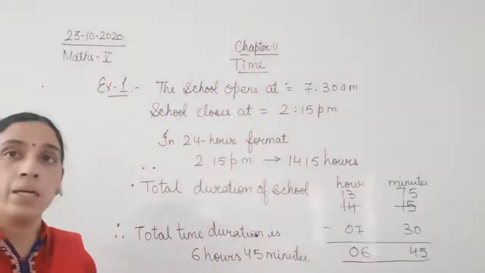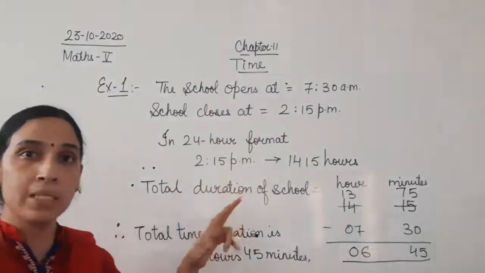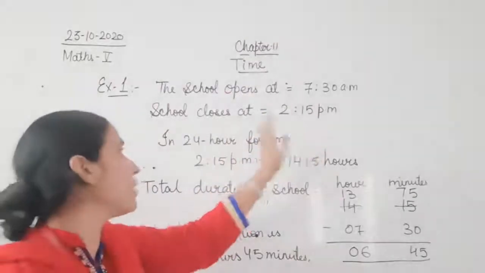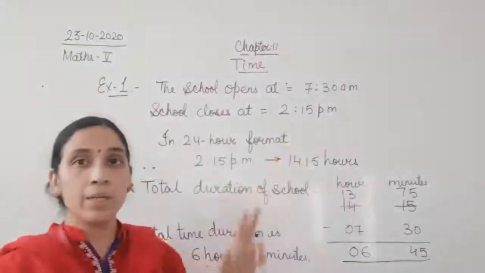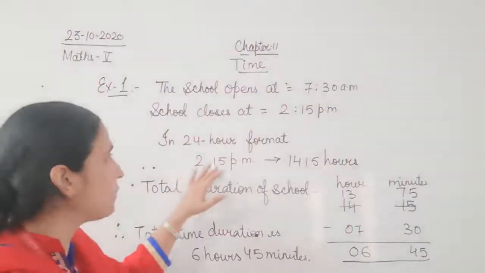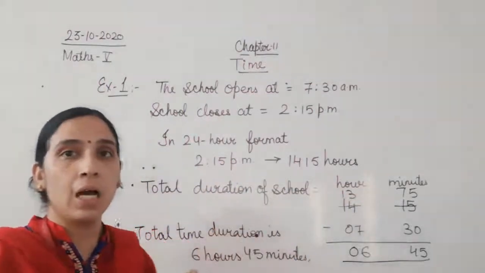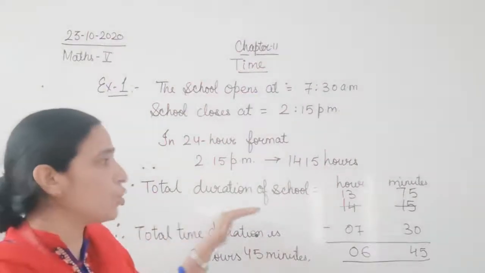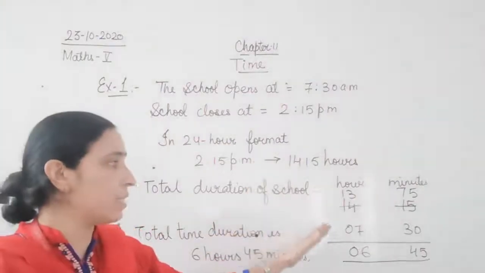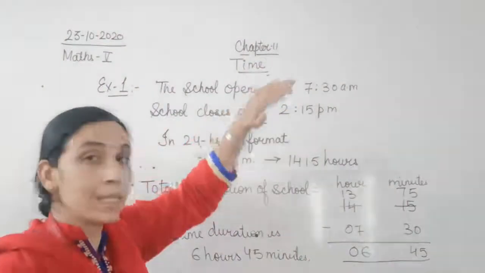What we have done: we have written the time the school opens, that is 7:30 AM. The school closes at 2:15 PM. Since it is given in PM, you are going to change it into 24-hour format. Then 2:15 PM becomes 14:15 hours. Now the total duration of school will be found by subtracting 7 hours 30 minutes, which is your starting time of school,